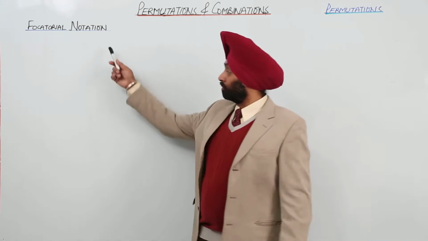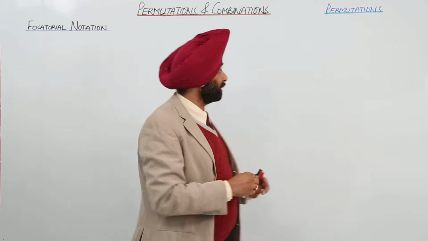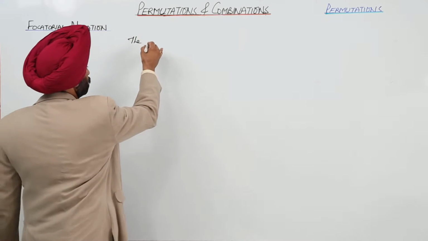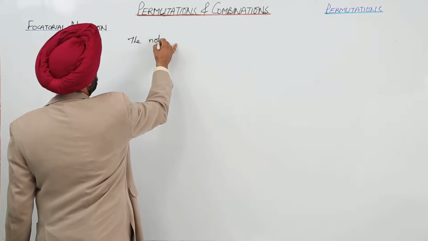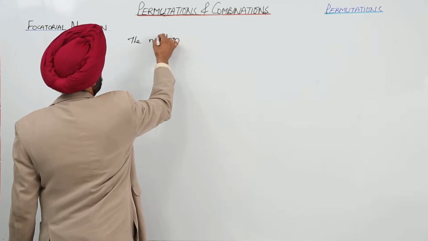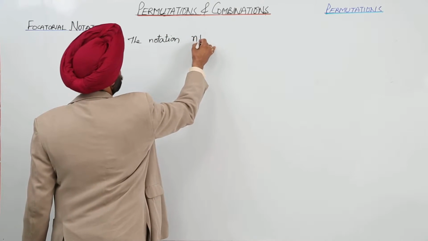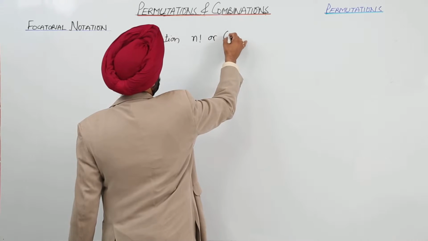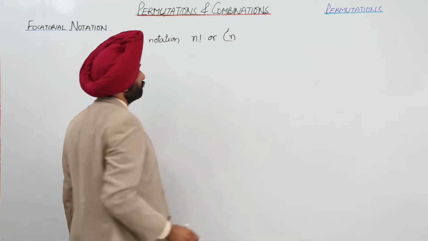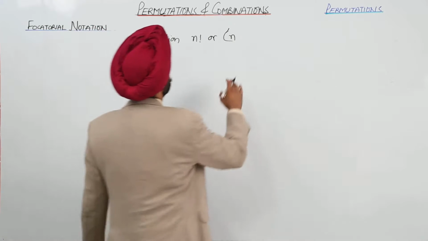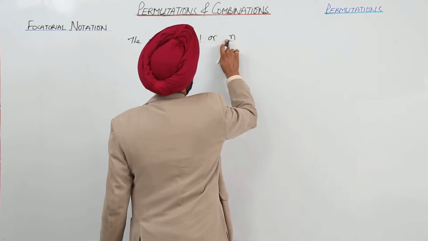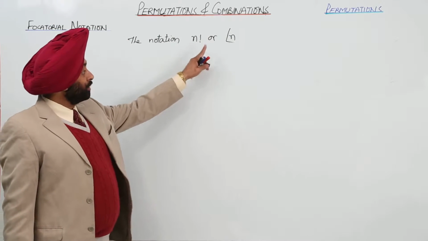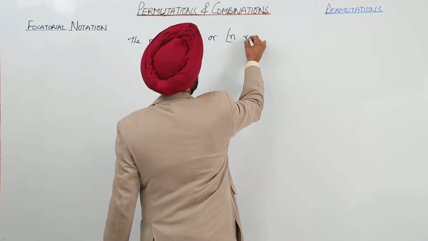Factorial notation. Now what this represents, just look here. The notation n with the sign of exclamation like this one, or like this one, n. Just make a straight line like this one. So the notation, if it is written in this manner or in this manner, represents